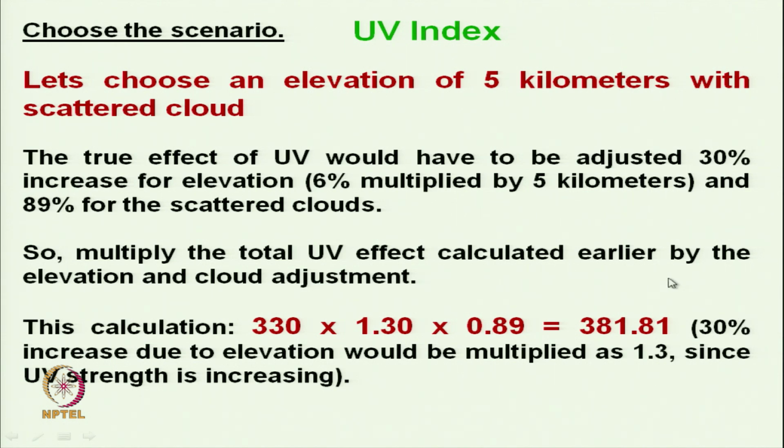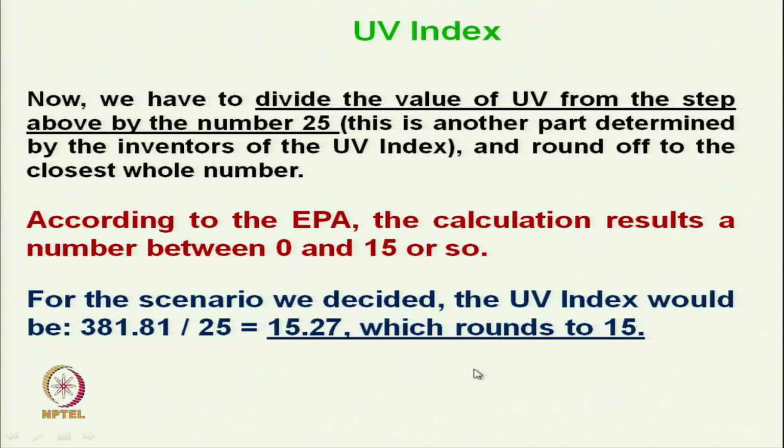So, it is coming out to be 381.81, and this 381.81, if we divide by 25, we will get 15.27, with a round off it will be 15. So, at that particular place the UV index will be 15, because we want to have a whole number,